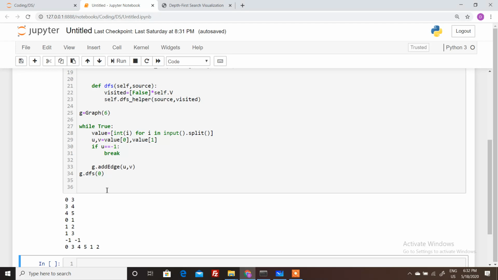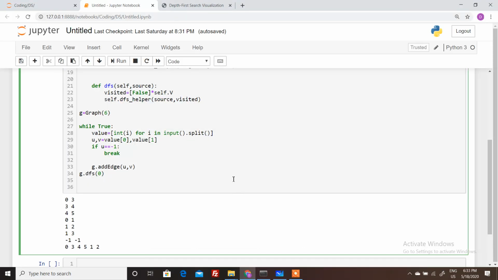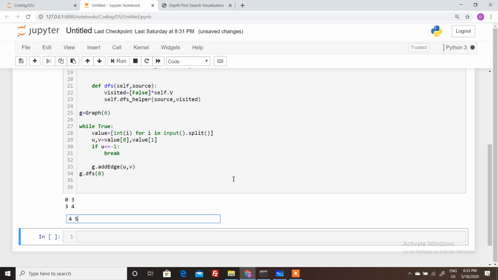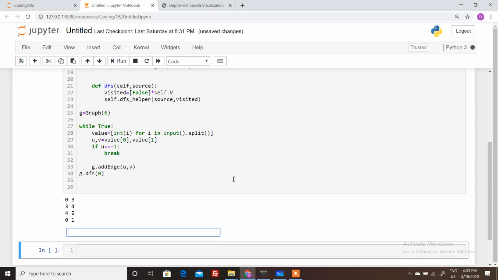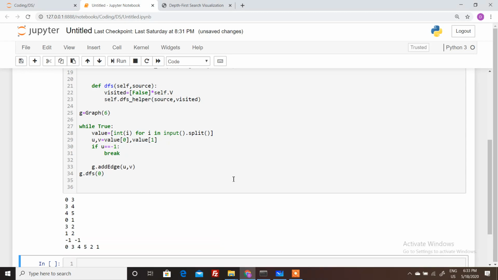So let's create the same graph, but by taking different input. In this case we have not created an edge between 3 comma 2. So let's create it again: 0 comma 3, 3 comma 4, 4 comma 5, 0 comma 1, 3 comma 2, 1 comma 2, and then minus 1 minus 1, and we can see now our output is 0, 3, 4, 5, 2, 1.